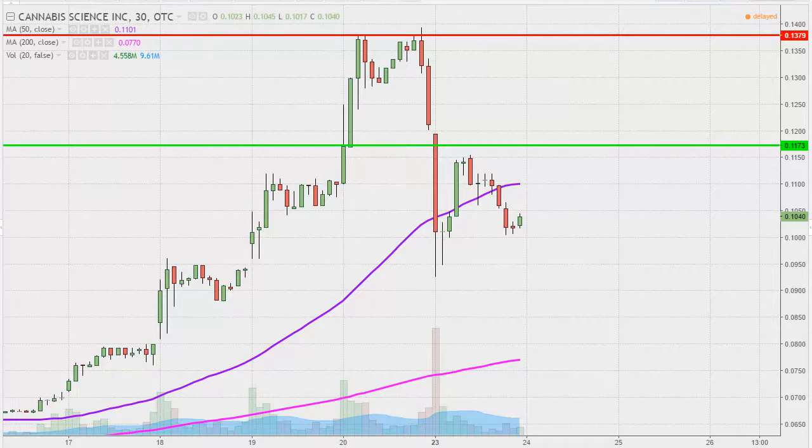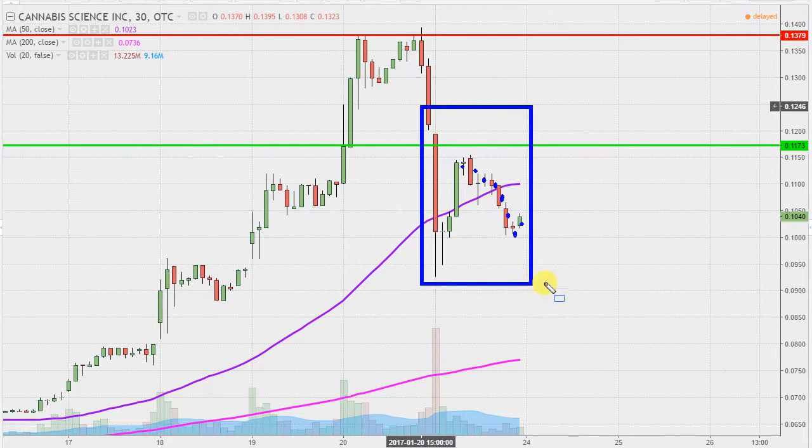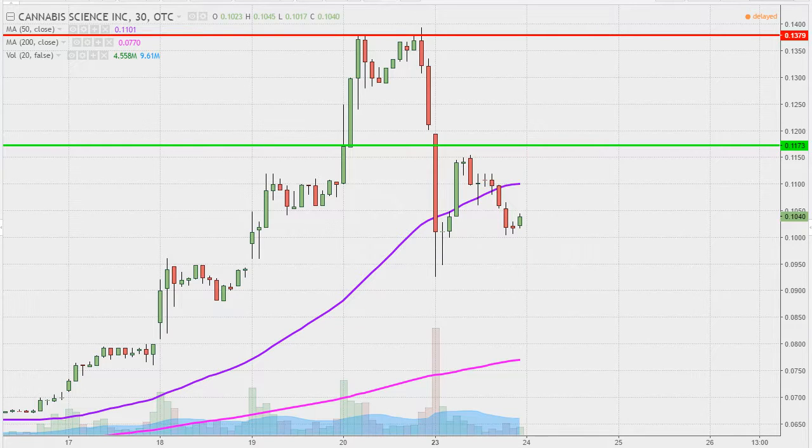Real quick, what do I mean by 30-minute in case maybe you're new to charts? Instead of each one of these candlesticks here representing 1 day's worth of price action, which is what you would normally see, each one represents 30 minutes. So while this here may look like several days worth of time, it's actually just today's price action broken down into 30-minute time slices. Did this analysis on Friday, so that's where these red and green lines are coming from,